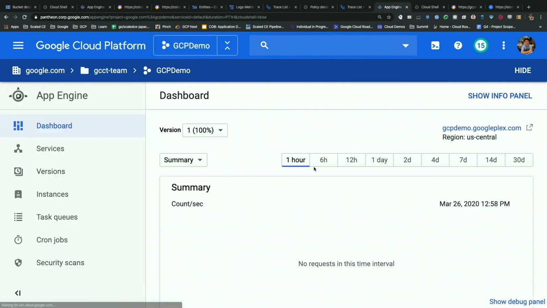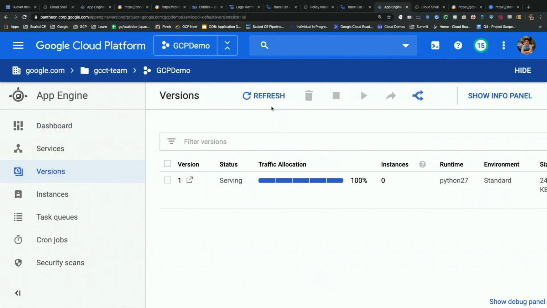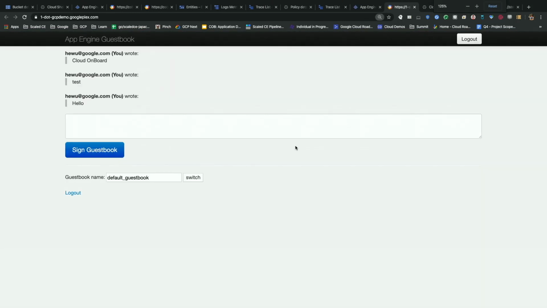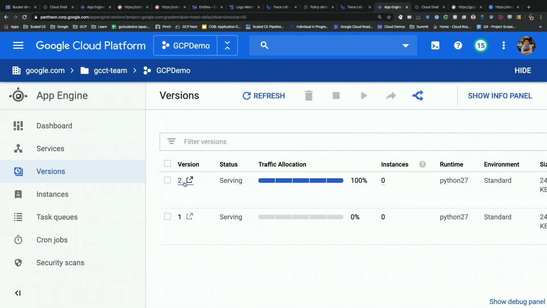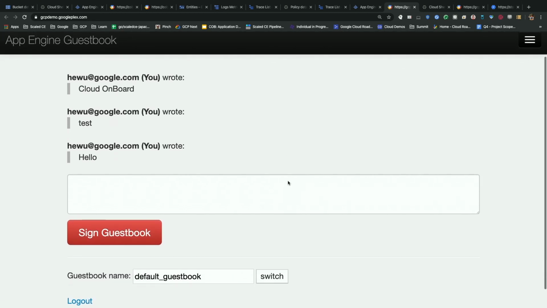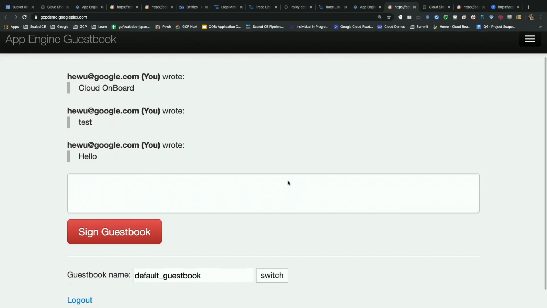Let's take a look at the dashboard again. As you can see, this is the original application I have. If I go to the versions, I should be able to see 2 versions, right? So here I have the previous version. If I click into my version 1, the blue button is still here. But if I go to version 2, then you can see this is the fascinating, amazing red